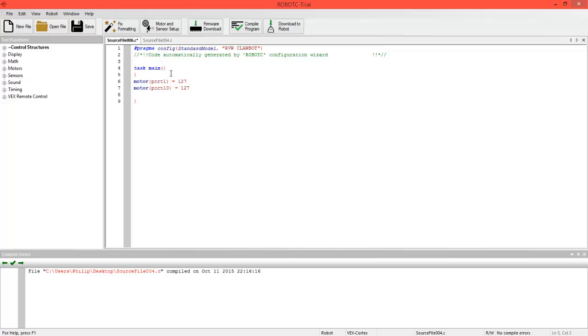What we now need to do is denote a period of time. And this is where, on the left hand side, we can look at commands and variables for timings. For example, we could add in 1 second. What will happen here is that for 1 second, the motors will then turn on, and then nothing will happen. If we add this wait command afterwards,